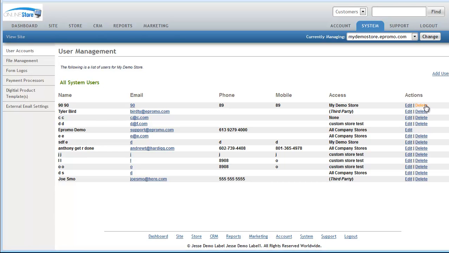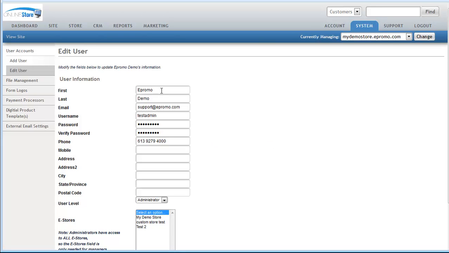Okay, now these others are secondary users, and they can be deleted if you want to, and we'll show you how to add those here in a second. But the first thing we're going to do is talk about how to update your user. The first thing you would do is click on the Edit button. And then in here you could change this, your name, your email